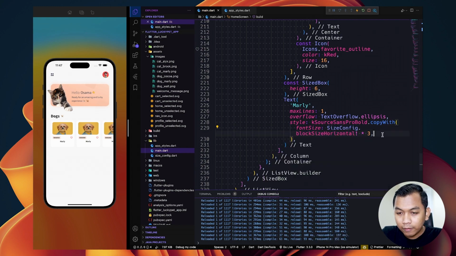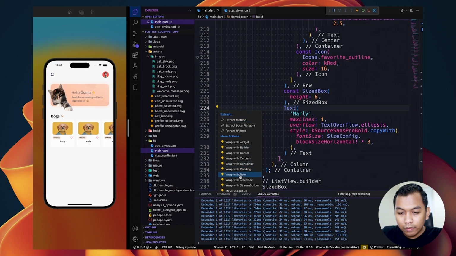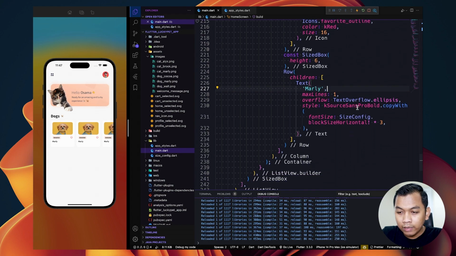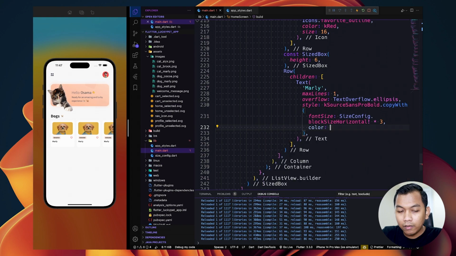Look like this, but we need to wrap this using Row widget. Look like this. And color will be gray.